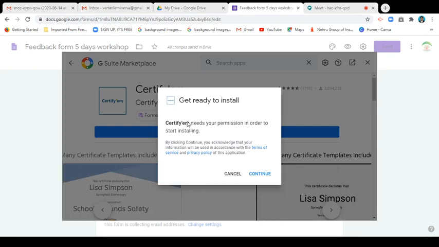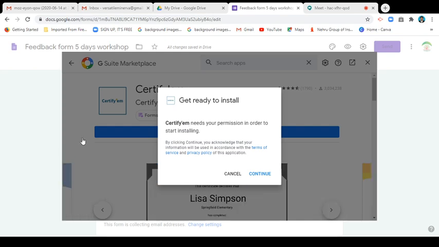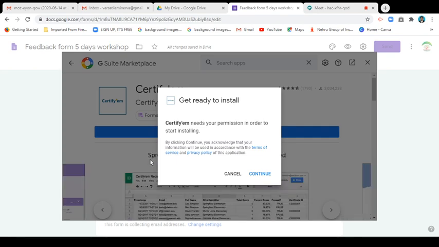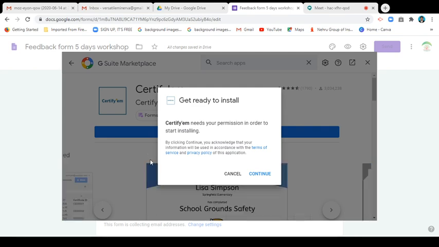So please be very careful about which email ID you accept. You can sign in with that particular email ID. Yes, I am going to sign in with Versatile, because I developed the feedback form and certificate in the same Google Drive itself.